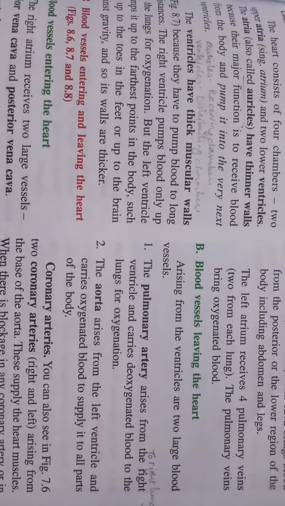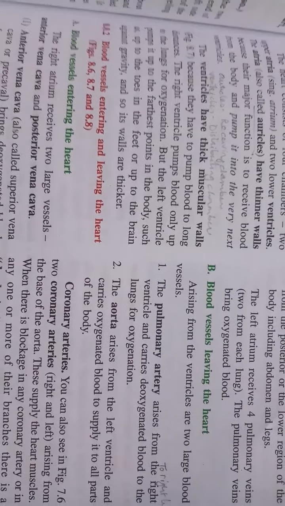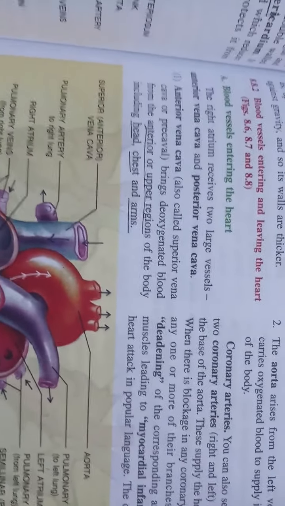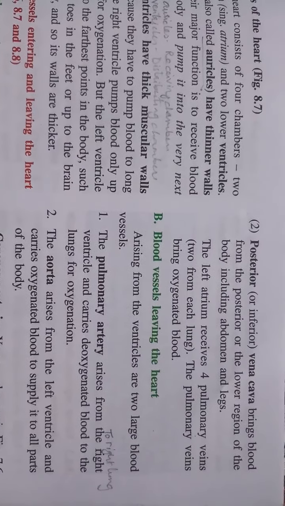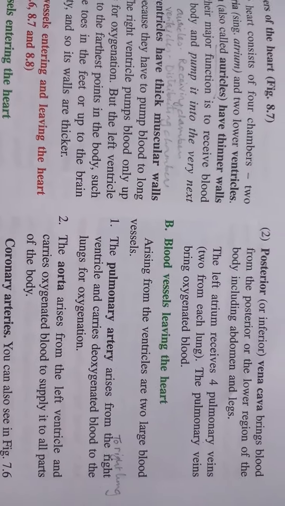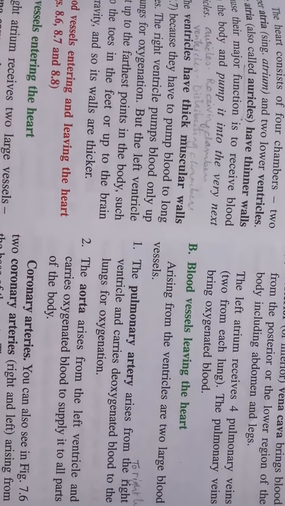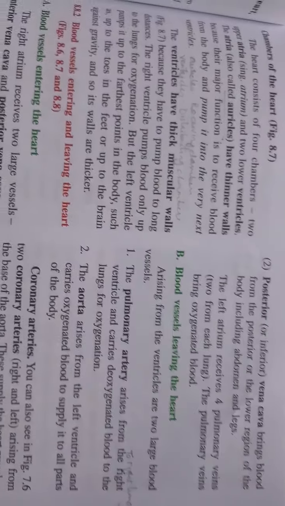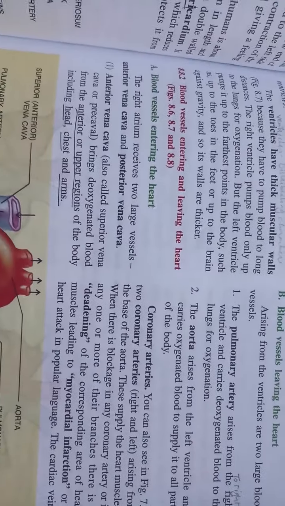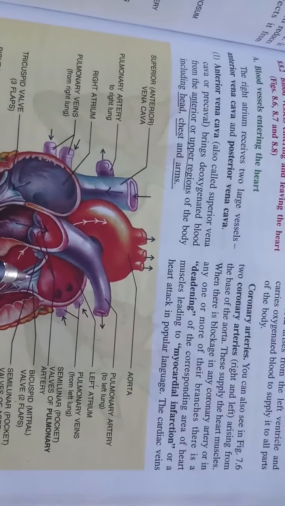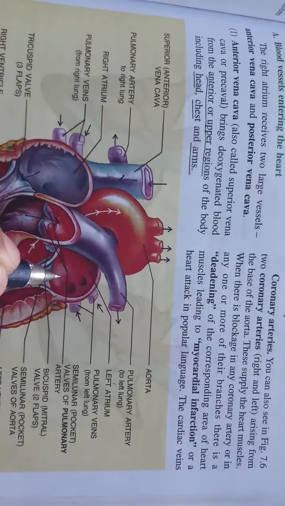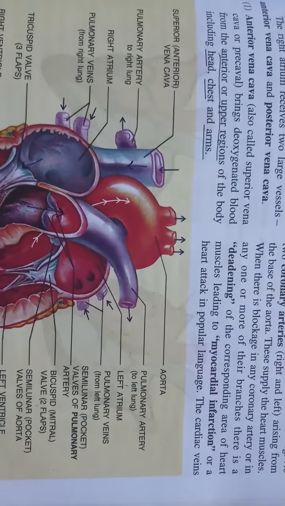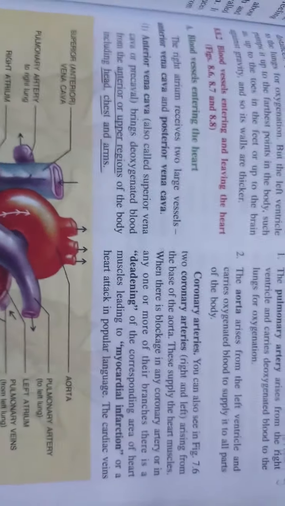Now the left atrium receives 4 pulmonary veins. I am making it very specific so you can understand. When you say left atrium, sorry, upper part of the heart, left part of the heart, it receives the 4 pulmonary veins. Can you see these here? This is the left atrium, right? This is the left part of the heart, upper part of the heart, and it receives 4 pulmonary veins that bring back the blood, right?